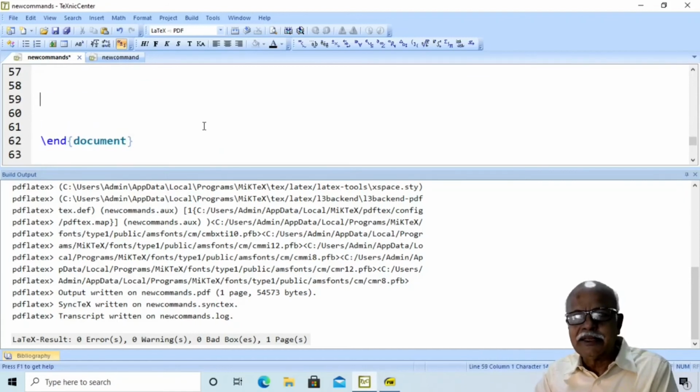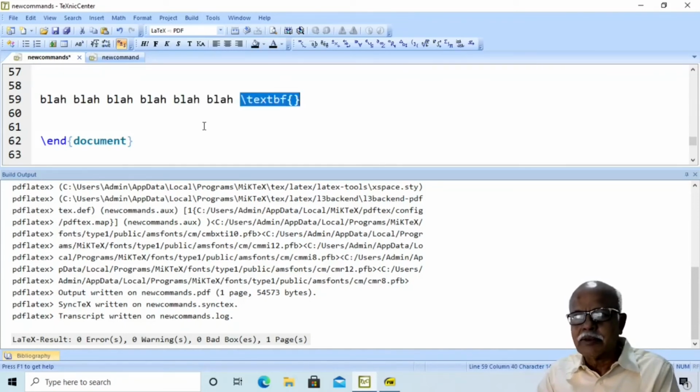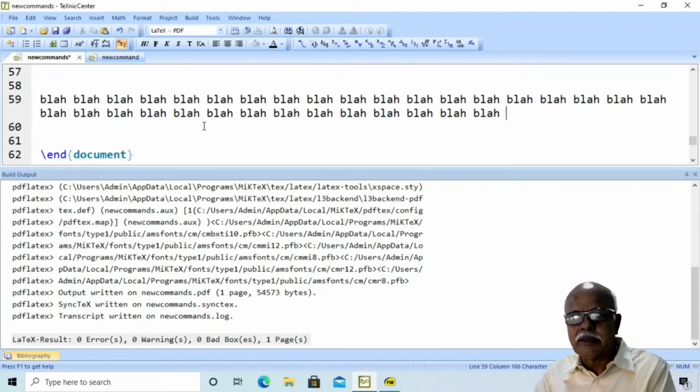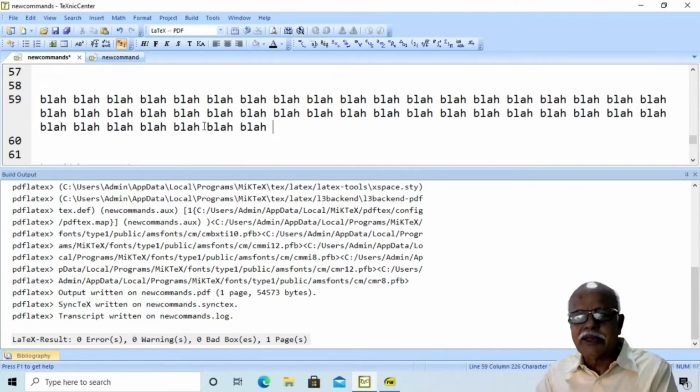Consider some text. Here we have got some text. Then I will say \blt{1}.